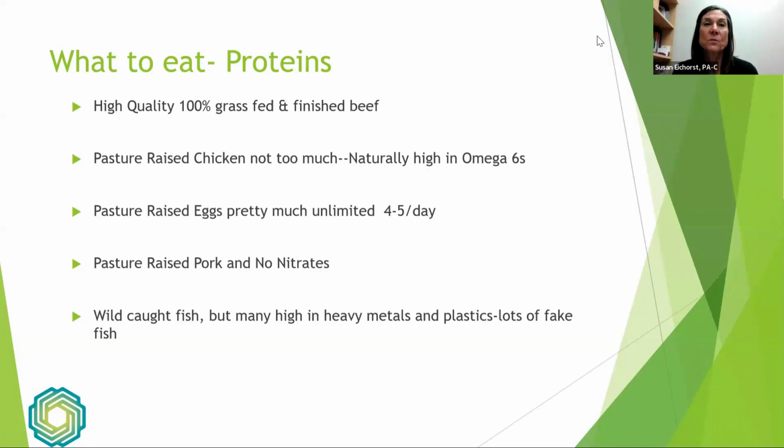Look for chicken that is only pasture-raised. Still don't eat too much chicken. It's high in omega-6 no matter how it's raised, but specifically when it's commercially raised, it has even higher omega-6s. So you really would be better off to stick with high-quality beef, bison, and pasture-raised eggs. Great source of protein. Pasture-raised eggs are the best. You can eat 4 or 5 of them a day safely and really have no impact on anything but good health. You want to look for pasture-raised pork with no nitrates, and then, of course, wild-caught fish, but